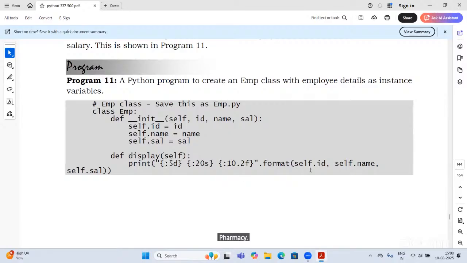That is self.id, self.name, self.salary, printing. And remember, note this point: save this file as emp.py. We'll use the same thing in another program.